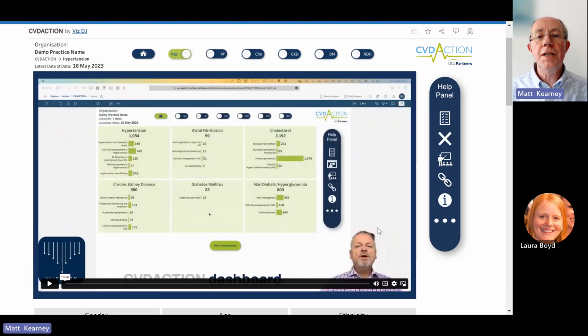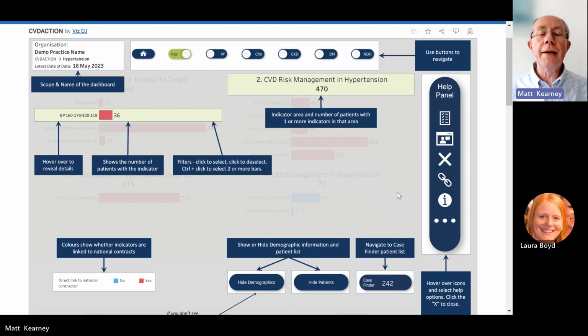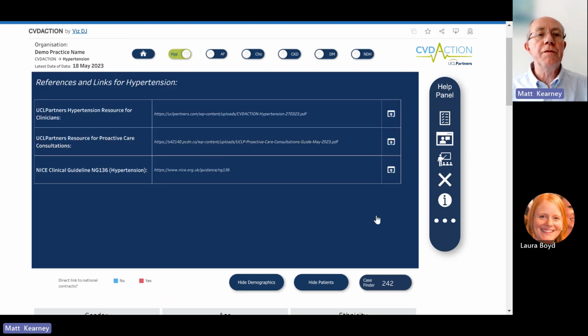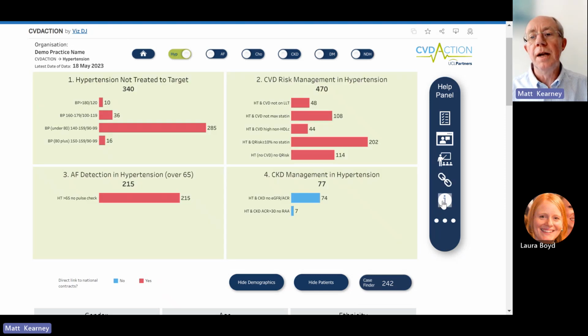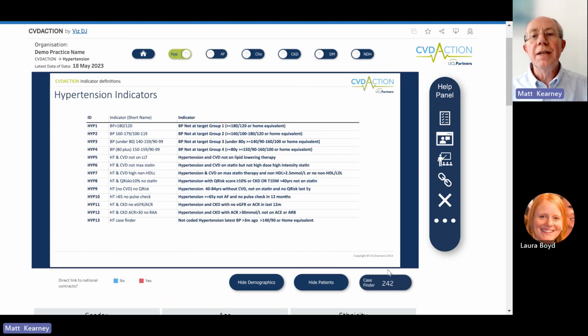On each page, there's also a video by Steve, our developer, that gives a brief overview of how to navigate the dashboard. People may want to use that once. There's also a sort of map one can click on to quickly remind you of what all the various bits mean and what different clicks achieve. There's a link section, which we would expect to be filled with local guidance and pathways. At the moment, it has some UCLP resources and then the relevant NICE guidance, but we would want to see that adapted locally, of course. And then the final button is just clarification of the definition of each of the